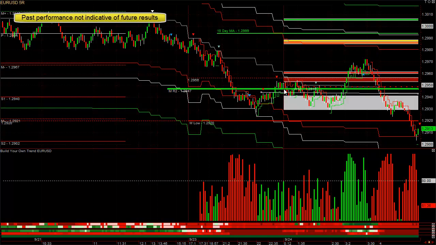You would have gone short here. The system probably would have shorted this level again here and probably lost on that, shorted here, maybe made a few pips, shorted here, made a few pips. And then the last one from 45, it fell all the way down to 05. So that's one of the things I'm doing. There's no way around having a little bit of human intervention in any automated system. And whether it's the signals that show up on your chart or automated systems that we trade and possibly trade other people's money with, it's critical to have the human eye look at the charts